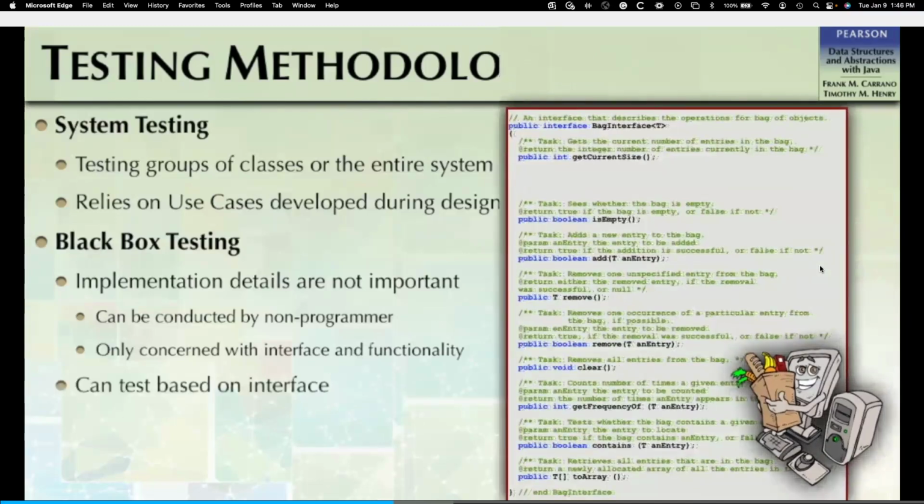This means that we can test our data structure based on the interface that it implements, since how that interface is implemented is not important. The implementation is not important to the testing, but the implementation is important when it comes to fixing any errors or bugs and resolving any